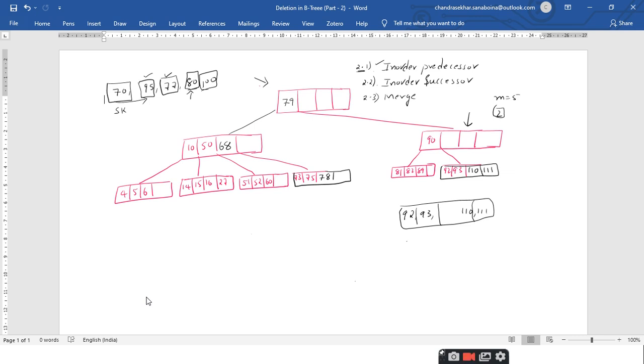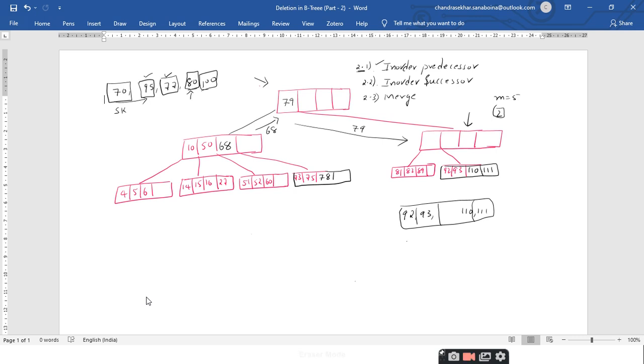So as I told in yesterday's class, the donation of one key from the sibling does not happen directly. It should happen through the parent only. This way it should happen. So what is that you have to do? You have to push this 68 towards its parent, and you have to push down this 79 to place it in this node, right?